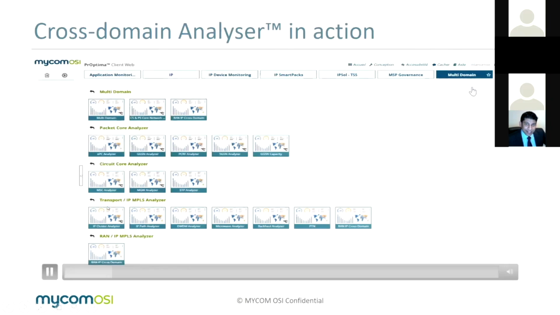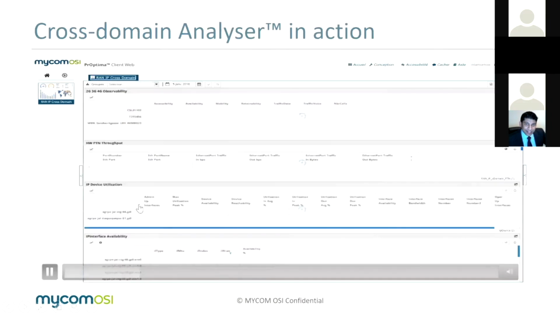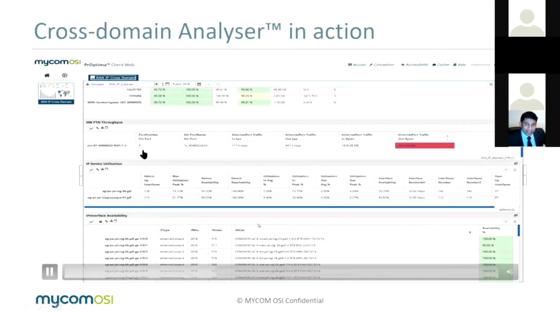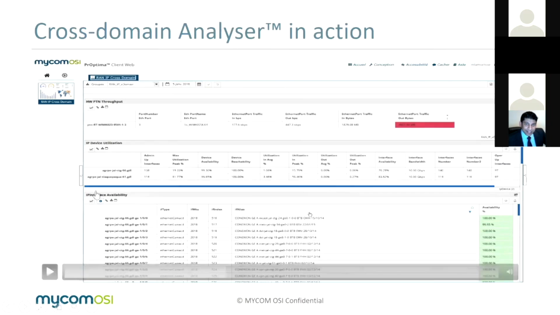So as you can see, where we've got the multi-domain analyzer to start with, I'm going to look into the RAN IP cross domain, and a pretty similar chart to what I was showing you before, which has a multi-technology site, including VoLTE, 2G, 3G, 4G radio base stations. These are all the 3 different technologies on a specific site, on the top. And then we have correlated that with the Huawei packet transport network throughput. So that's the first point of backhaul, which is actually the one causing the issue, not the radio,